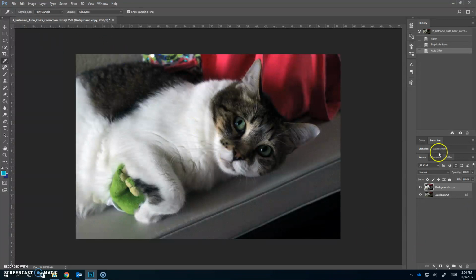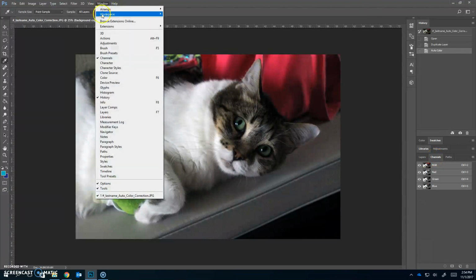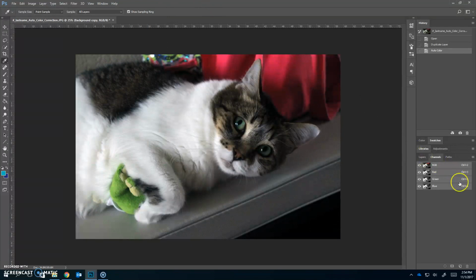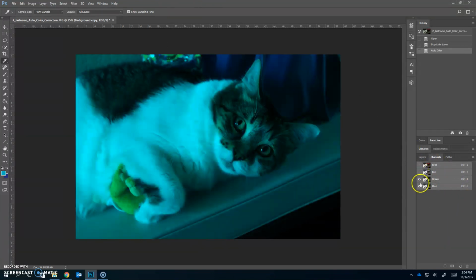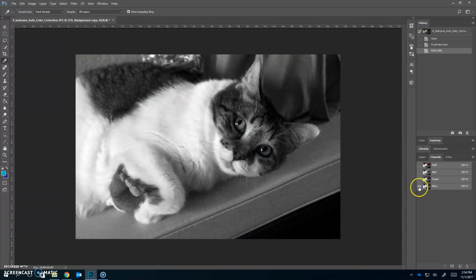And when I say channels, right here docked with my layers is the channels panel. If you don't see it, remember that all of your panels are under the window menu. So you can actually look one channel at a time, and I can see here where, again, the darkest pixels and the whitest